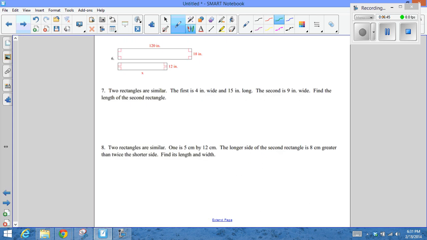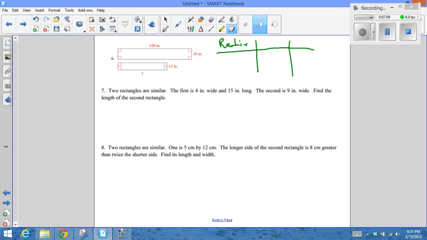Okay, now the next one on down there is rectangles. And rectangles are similar figures as well. Now, all of my angles in a rectangle are 90-degree angles, so I know those are all going to be the same. So I'm going to set up my little box here, my ratio. Boy, that's just some really bad writing there. I'm going to try typing it so you can see it better. Okay, so ratio, and then we have box A,